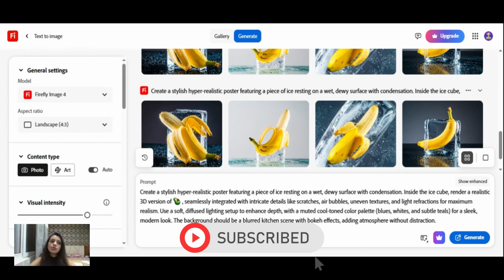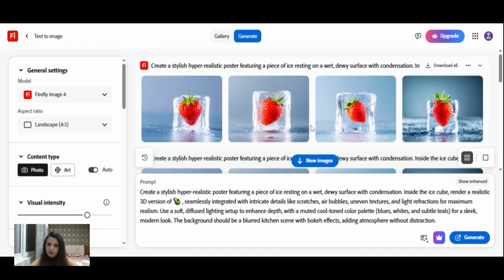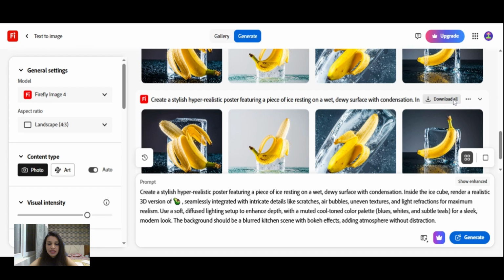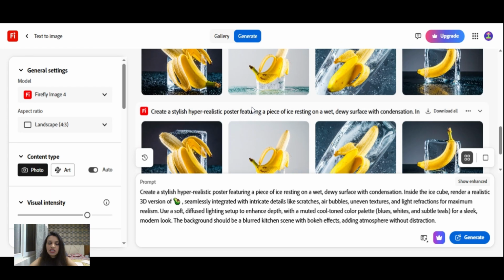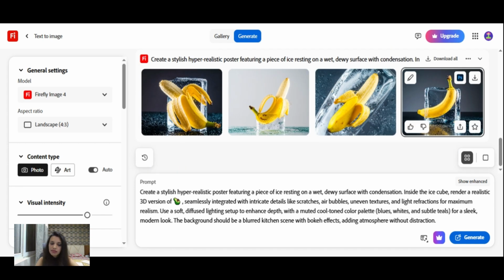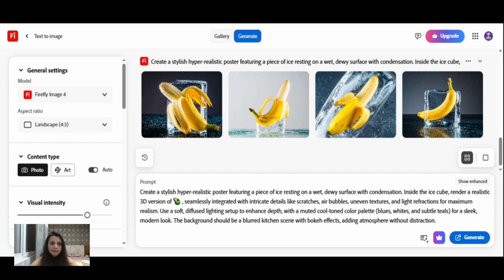So coming to Adobe Firefly, it took a banana. I actually tested this prompt before. With the strawberry images you're seeing, the emoji I entered was a blueberry, but instead it took strawberry. The avocado, now it took as a banana, and it did not change the result. It's pretty much the same. The first one I generated, the second one is again the same. So I'm not quite happy with the result. I don't get the hype behind Adobe Firefly. So let's go for the next one, that is Meta AI.